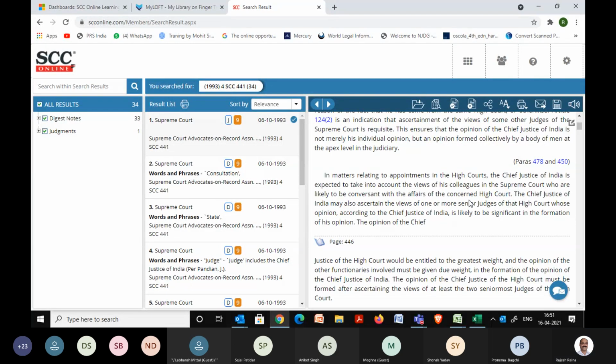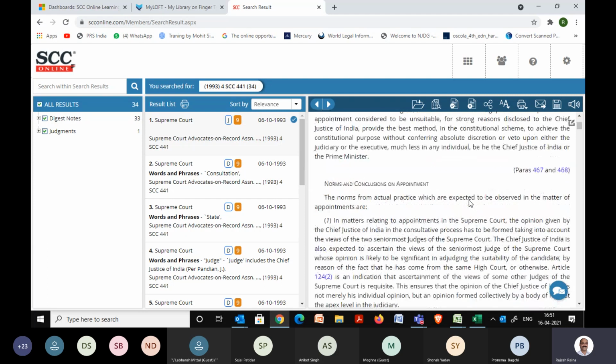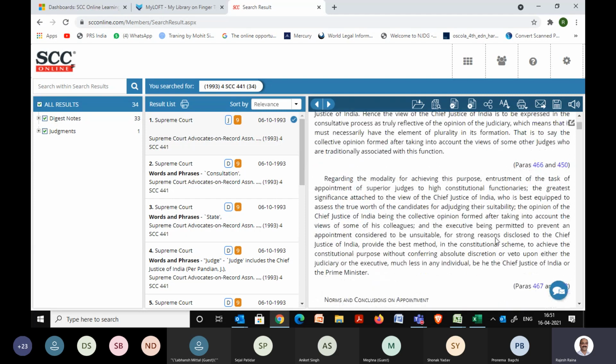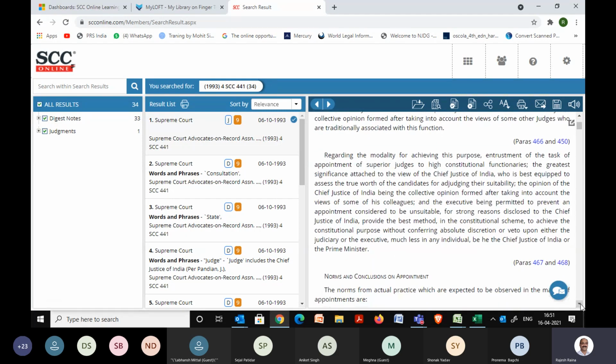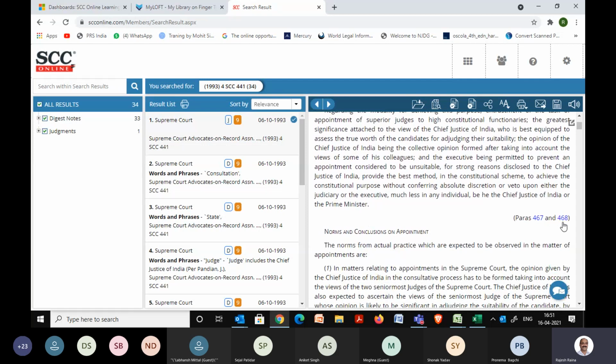Each and every para which is briefed here has the para numbers mentioned at the bottom, like 467, 468. So if I want to read the entire para after reading the gist, I can click on this, and it will jump to that portion or para in the judgment text.